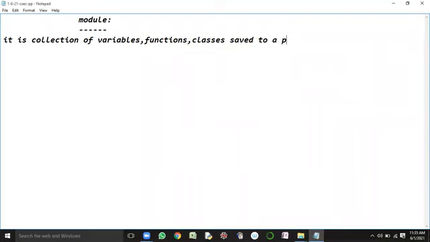This is called a module. This is the definition given for the module.